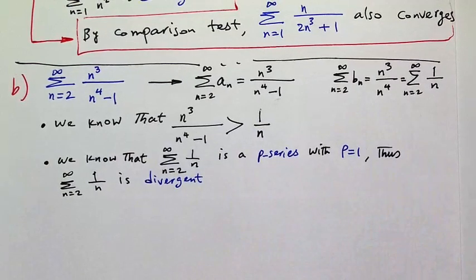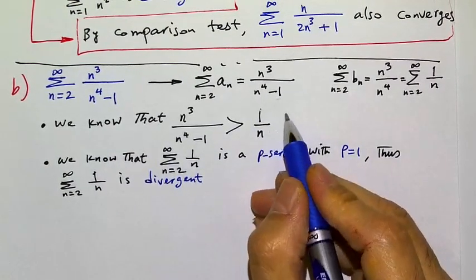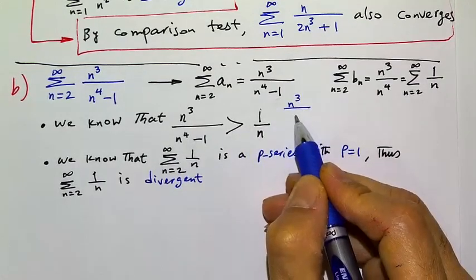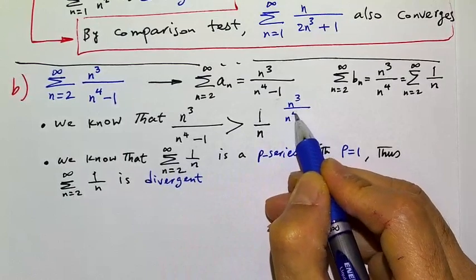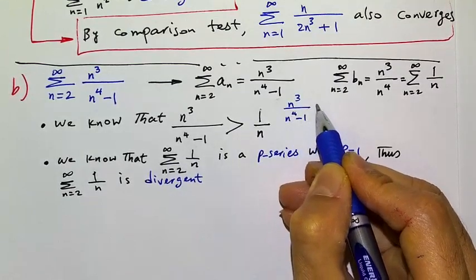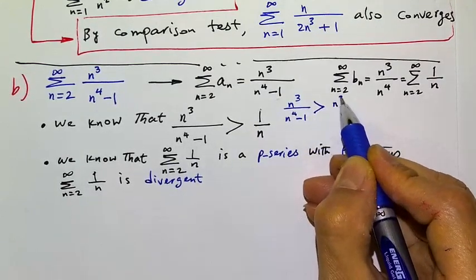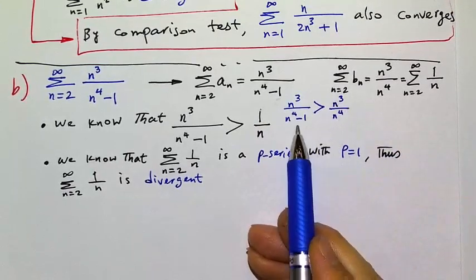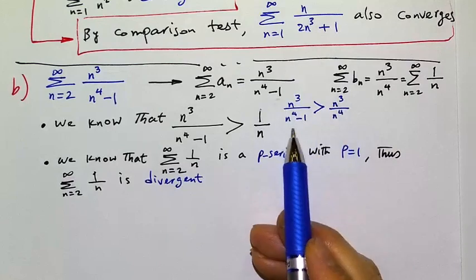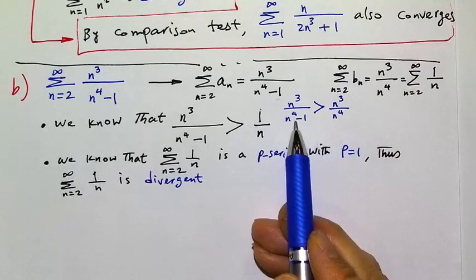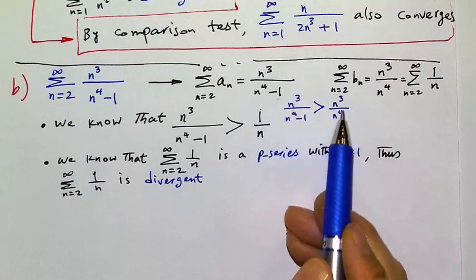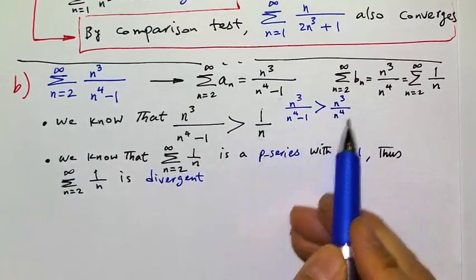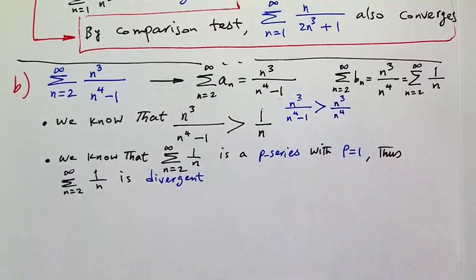Because let me actually add that here, right before this line, I can add is greater than n cubed over n to the 4th power. Because the numerators are the same, the denominator here is smaller, right? So it makes this fraction bigger than that. So once we know that, and of course 1 over n is just this fraction simplified,